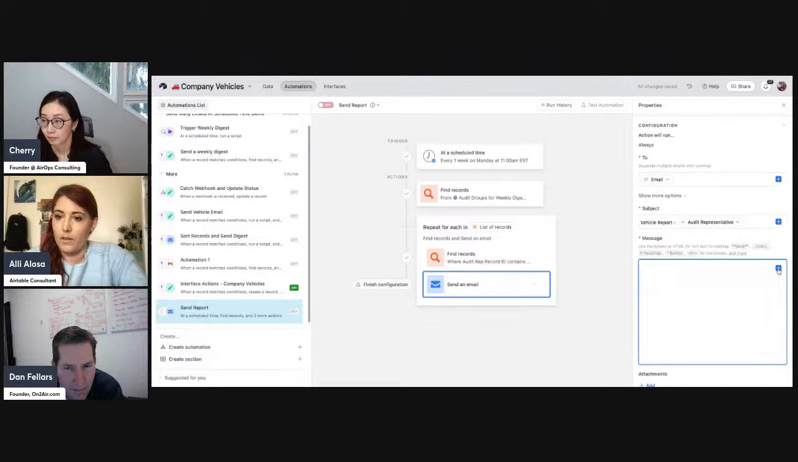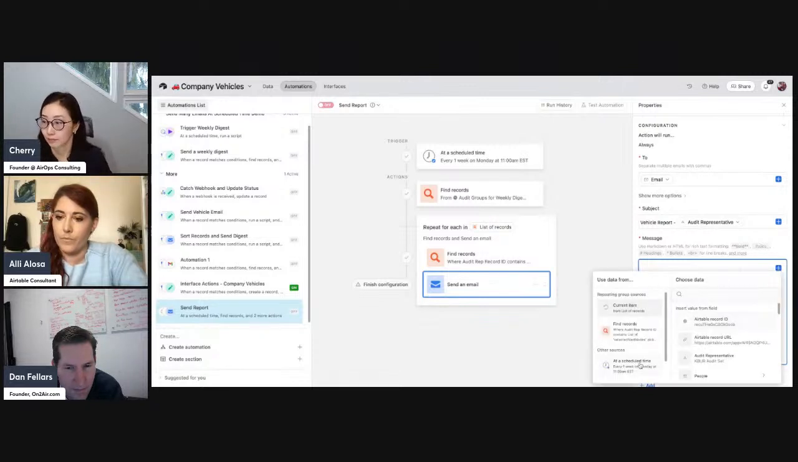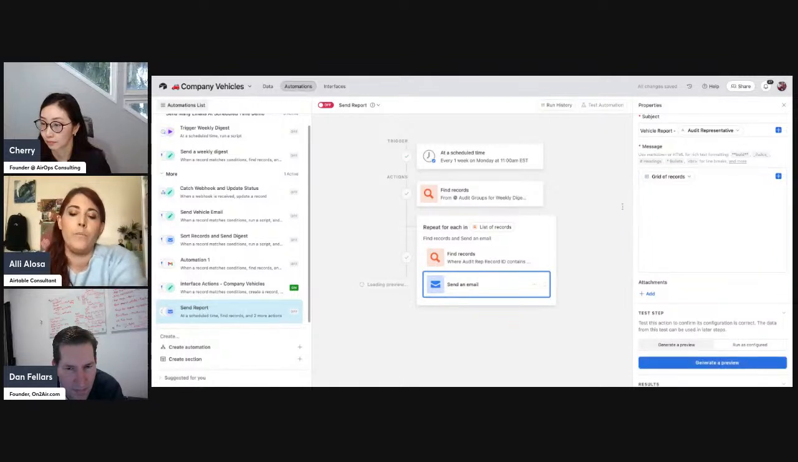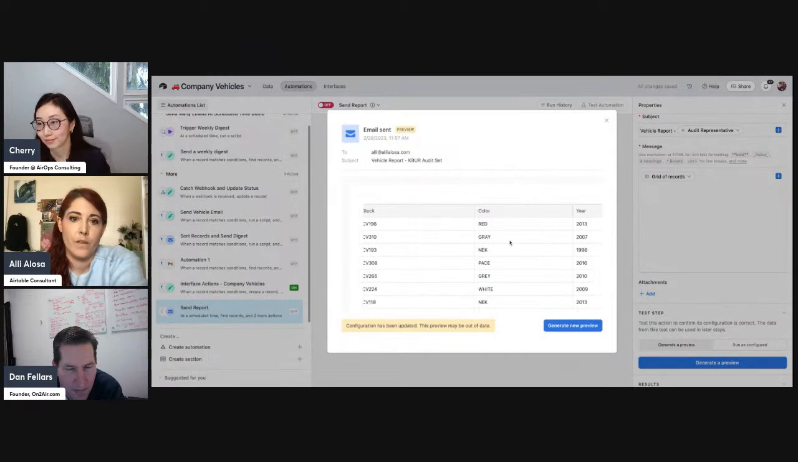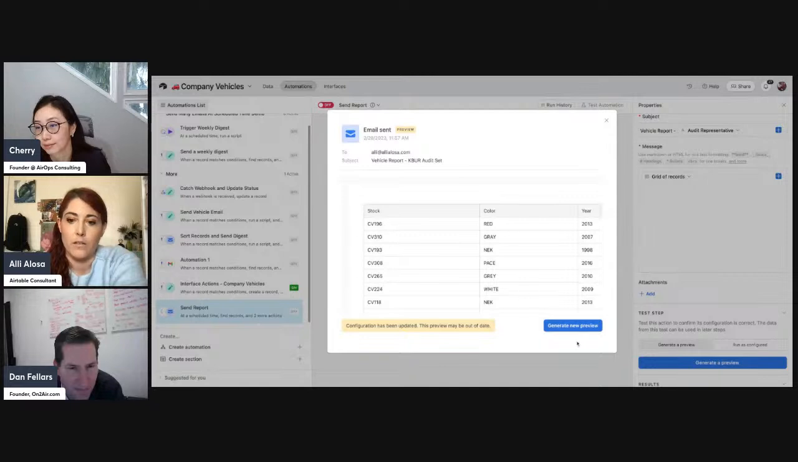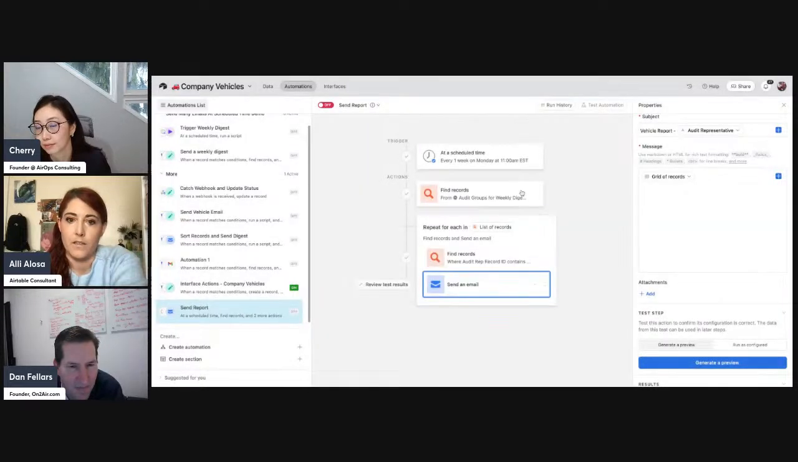And then I can put in here, I want to find my grid. I can say I want my stock, year, make, model, color. Let's just go with that for now. And if I look at my preview, it's just going to send a very quick email just showing all of the vehicles that are tied to that